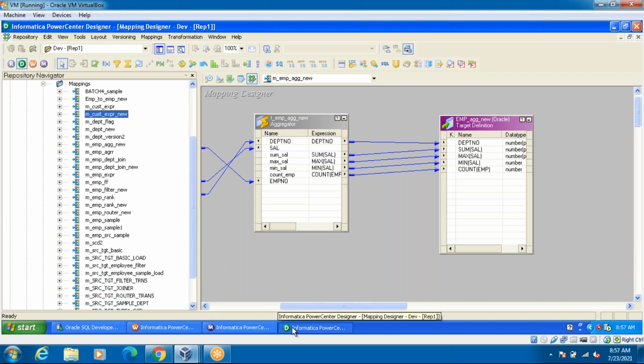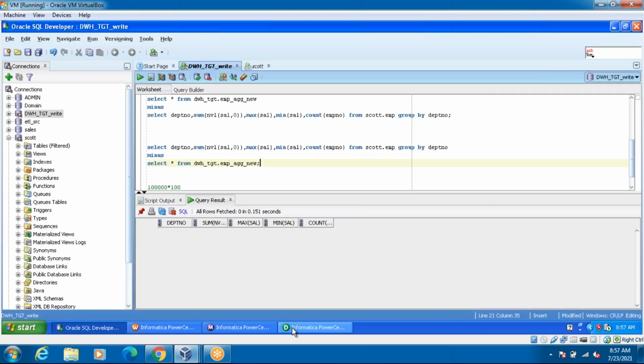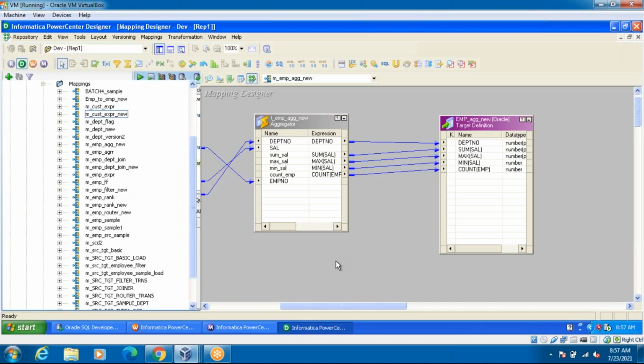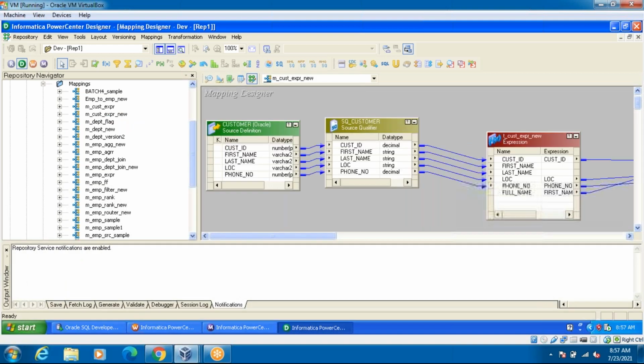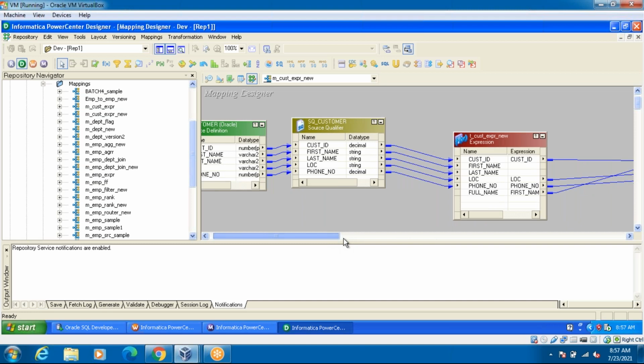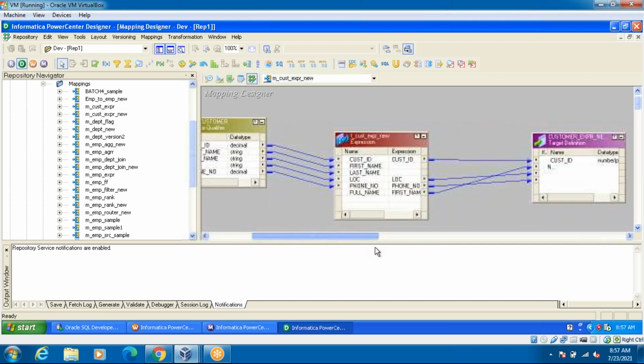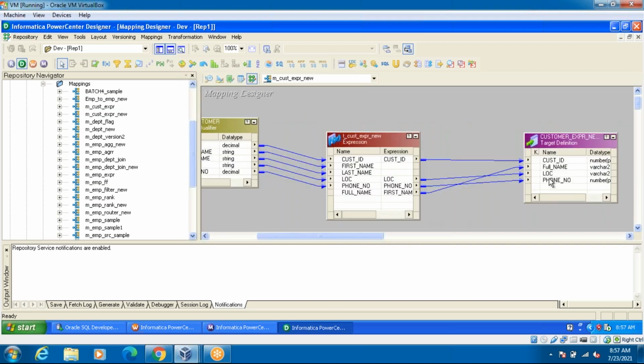Now I'll see what logic they implemented here in the expression. See, phone number and last name. I got the full name and phone number. This is my data: customer ID, full name, location, and phone number.